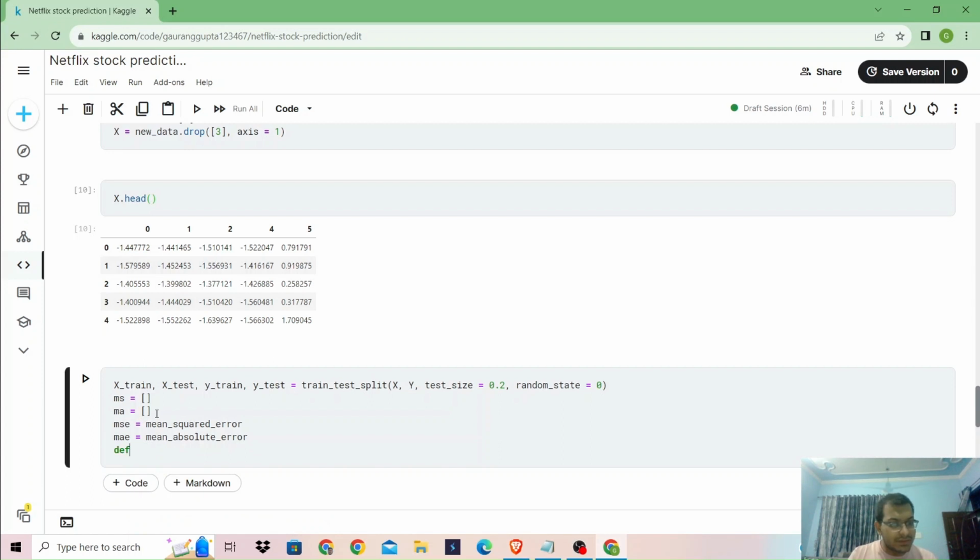So now we will code a function which will be train_model. It will take a parameter model, then it will train the model, model.fit(x_train, y_train), then it will generate a prediction, y_pred, which will be equal to model.predict(x_test),